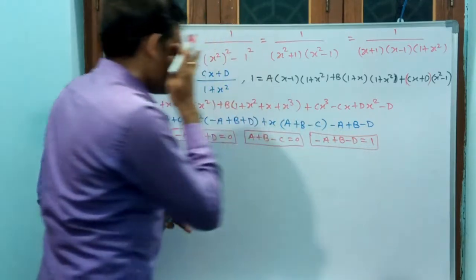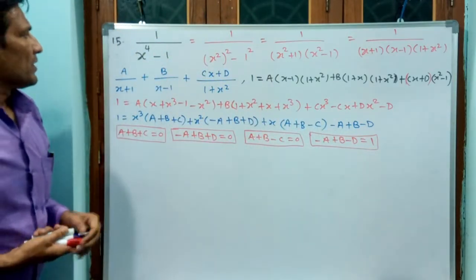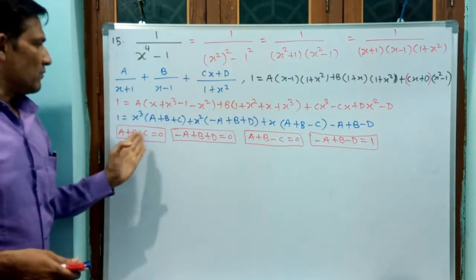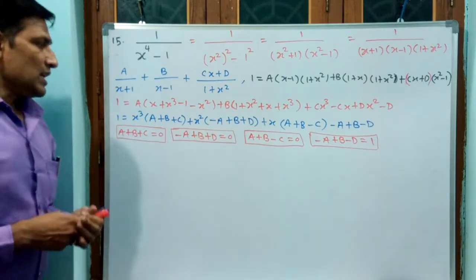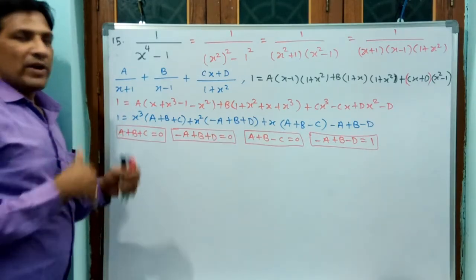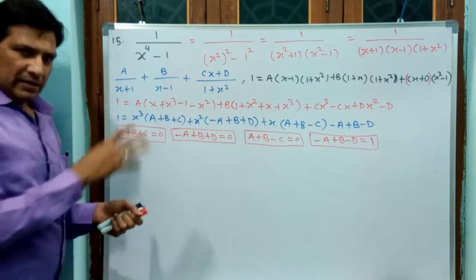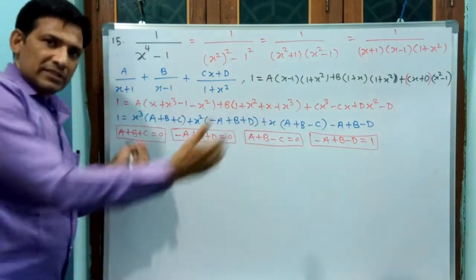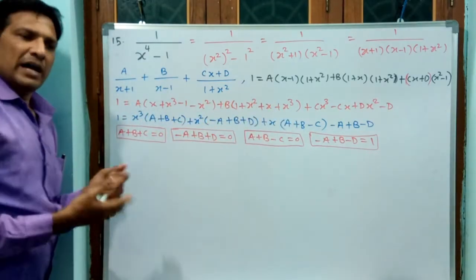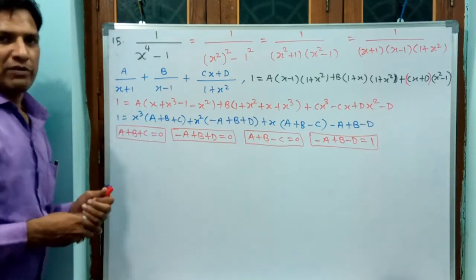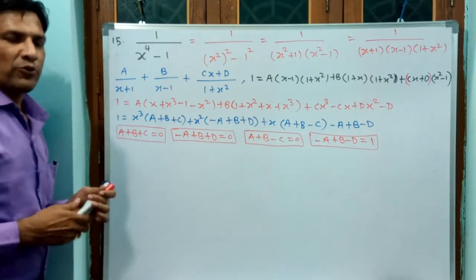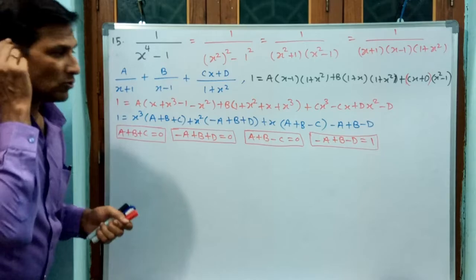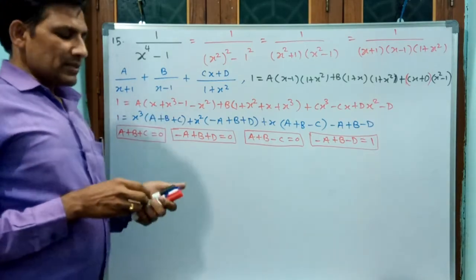See slowly what we have to do. Because of x to the power of 4, a, b, c, d will come, normally 4 equations have come. At one go we are not able to solve these and find a, b, c, d. You have to do some work. With one equation you put in all 3 equations, then you reduce it to 3 equations, again you reduce it to 2 equations. Then you solve 2 equations, then 2 variables are going to come. When you get 2 variables, again go back and find the third variable and fourth variable. Like that you have to do. That means it is a little bit time taking process.